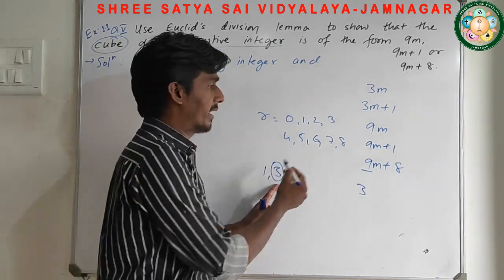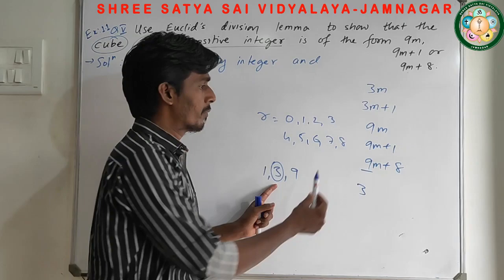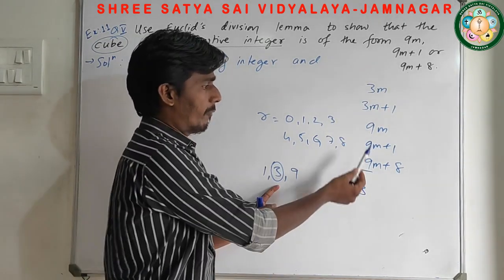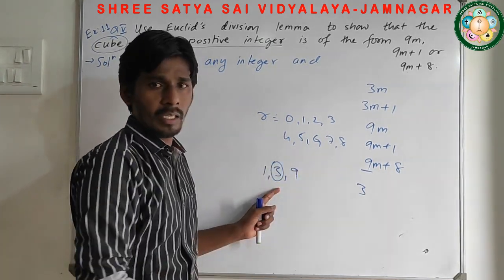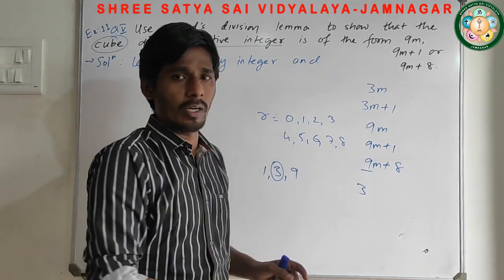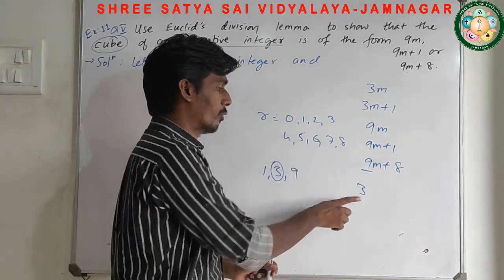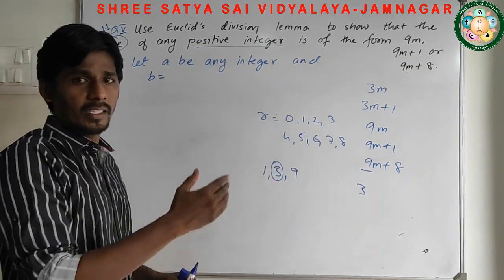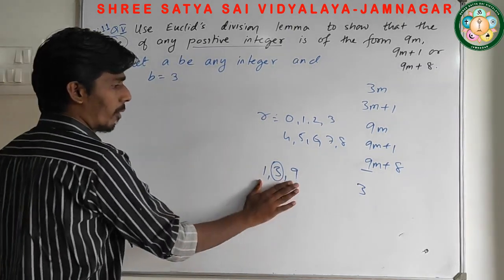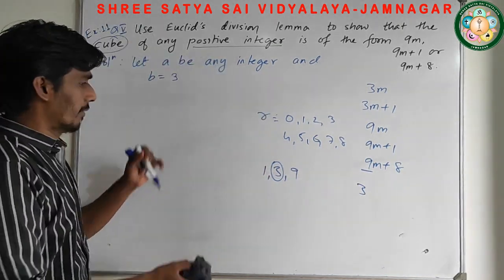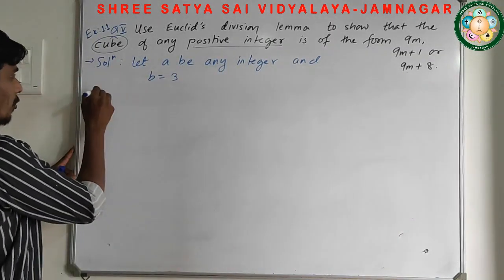We are going to take the divisor as 3 instead of 9. Again I am repeating, if I take the divisor as 9, the possible remainders are 0 to 8. Then we get 9 equations and it becomes a very complex equation to form. It is possible to get there with these remainders, but it's better to use 3. So to make the calculation somewhat simpler, we are going to take B equal to 3, because 3 is a factor of 9. So B is 3.